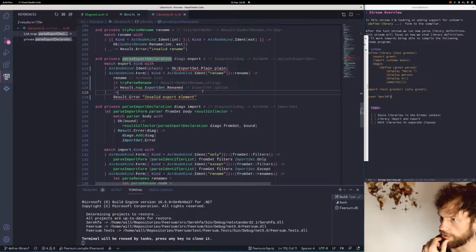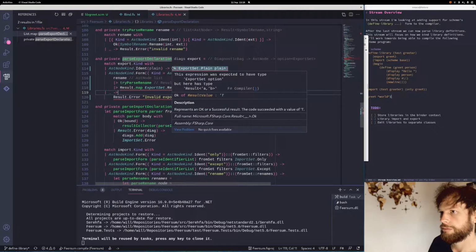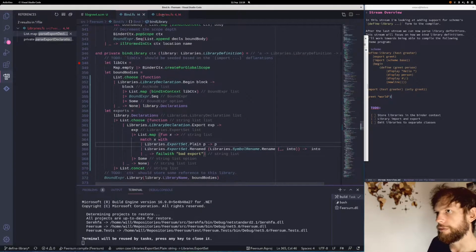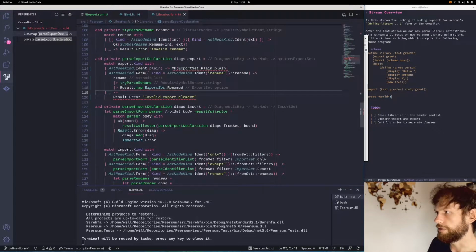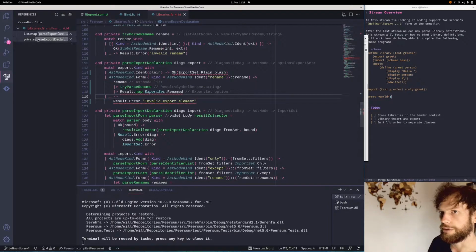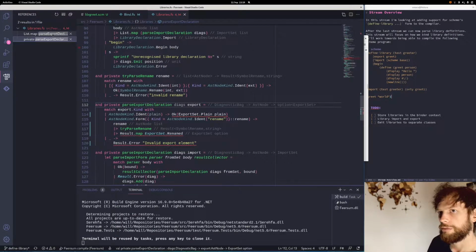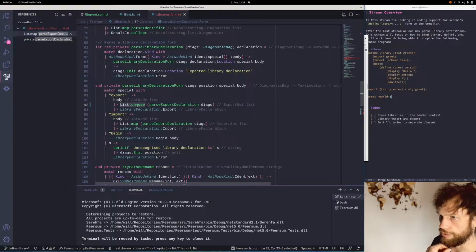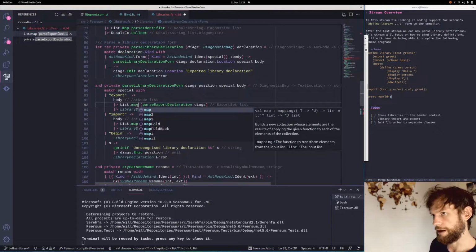Why is that export set option? I think you're just a bit confused. It's because the call site is affecting the inferred type here. So we would do list.map, and then we get